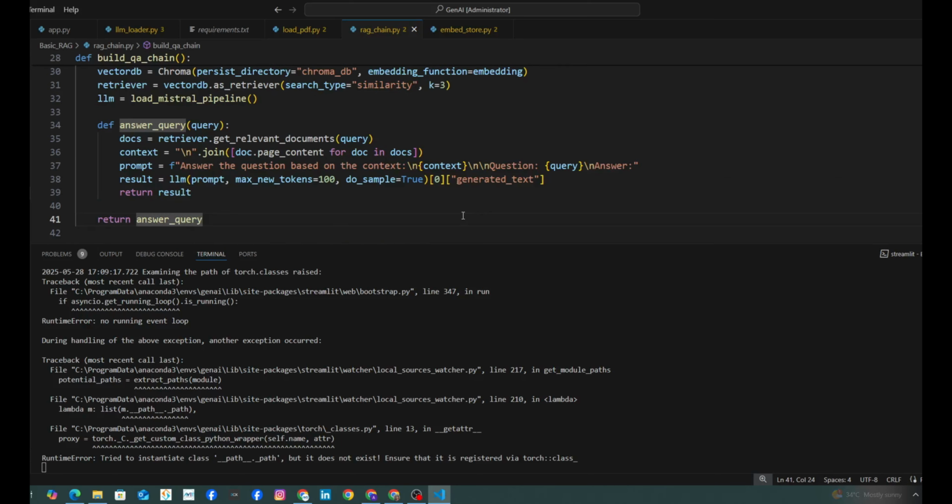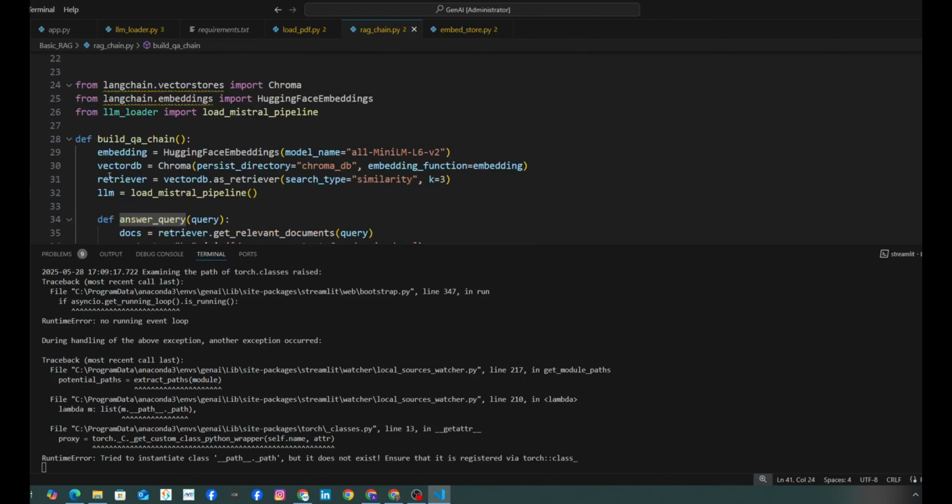Then here, this function called build QA chain, what it is doing is basically loading the existing ChromaDB. We know there is no need to create the vector database again, and then it is embedding the user query with the same embedding model which we have used for document chunking and document embedding.